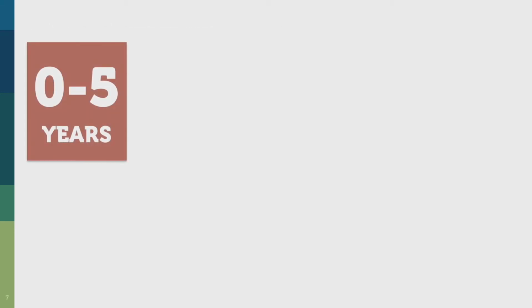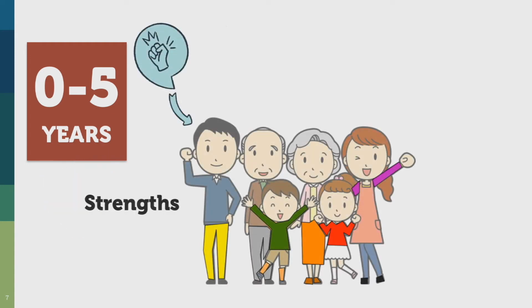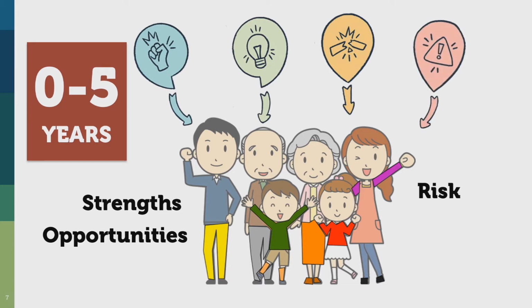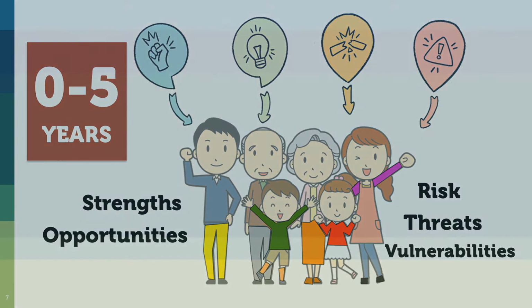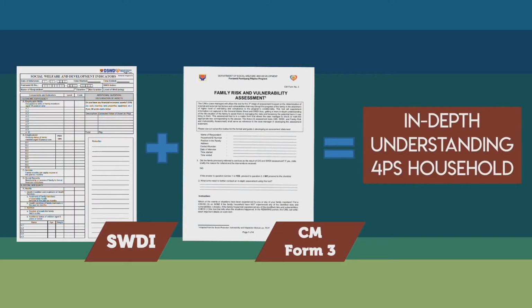The first 5 years of the beneficiary's exposure to the program shall be devoted to identifying their strengths and opportunities for behavioral and social change. Hence, risks, threats, and vulnerabilities shall be periodically identified and assessed to resolve hindrances impeding the capacity of the household to improve their well-being. In 4Ps, case managers are guided with 2 assessment tools, the SWEDI and the Family Risk